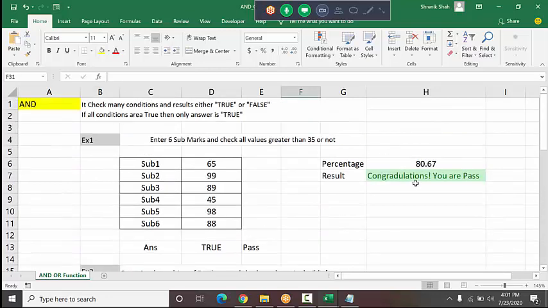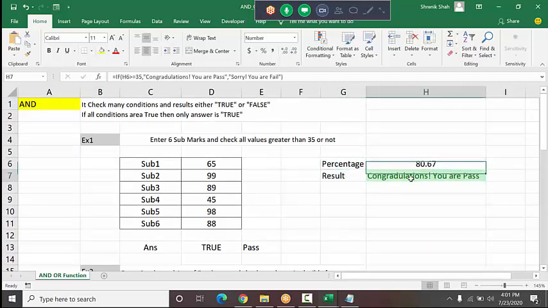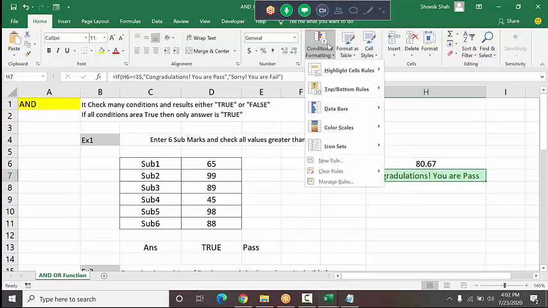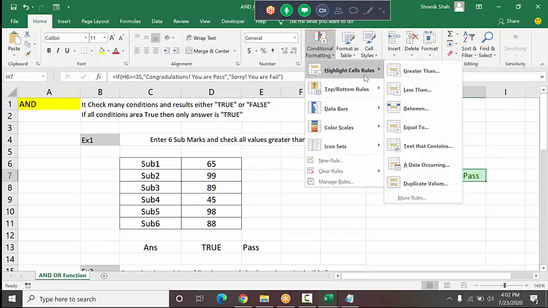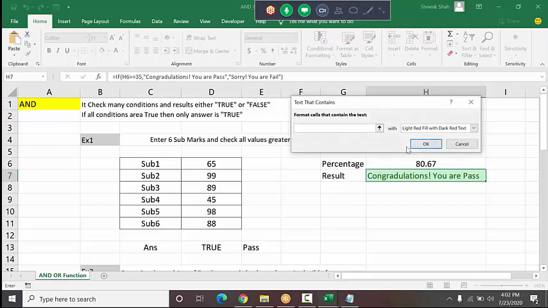Here is the new thing I added extra: I calculate the percentage and print pass or fail here. What I did extra is I click conditional formatting, highlight cell rules, and click on text that contains. In the text that contains, I type fail, change the color to, let's say, red, and click OK.